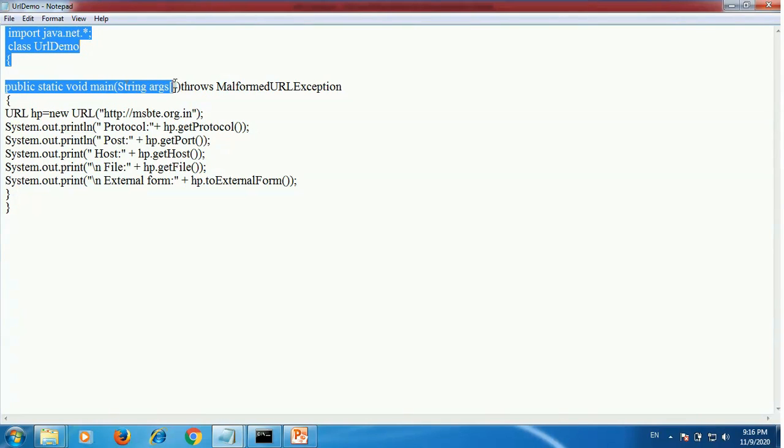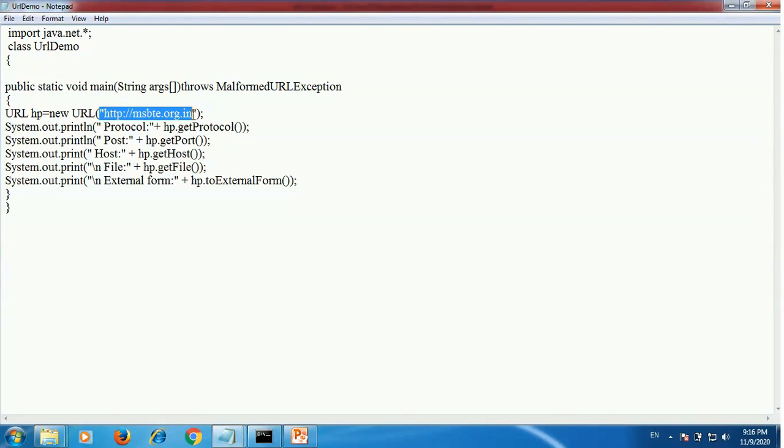Public static void main String args throws MalformedURLException. Then create an object of the URL, hp is equal to new URL, and pass the URL of a particular site. Here I am passing http msbt.org.in. Then print System.out.println